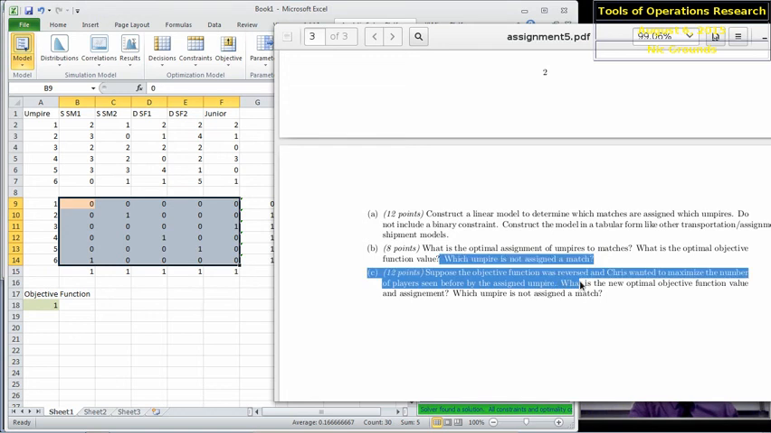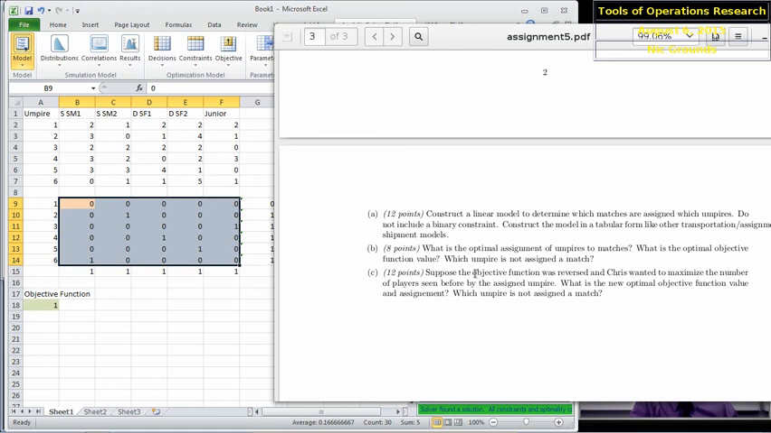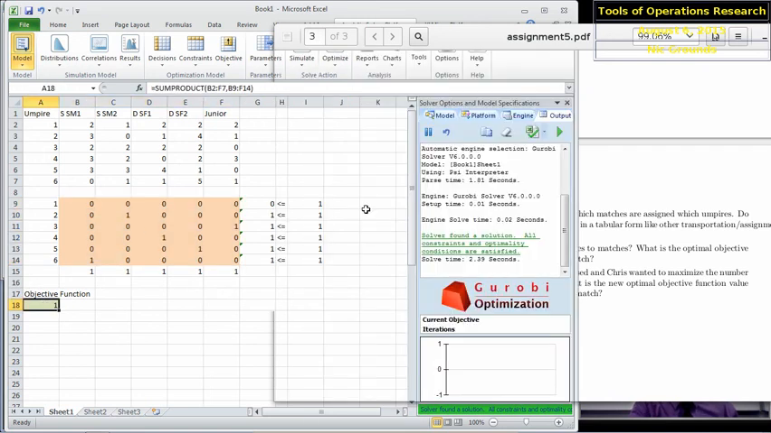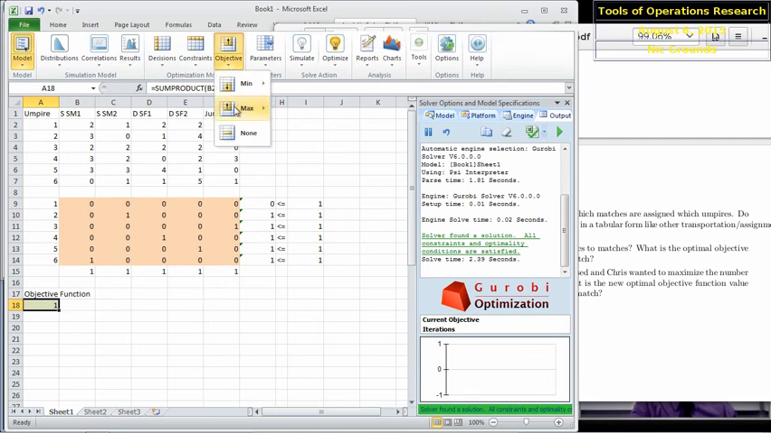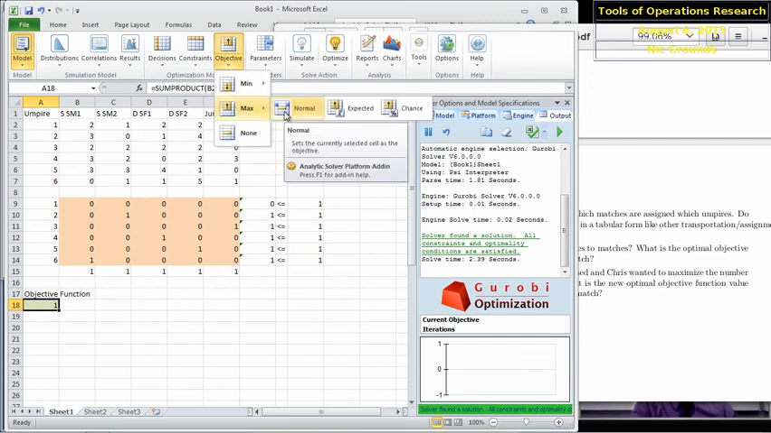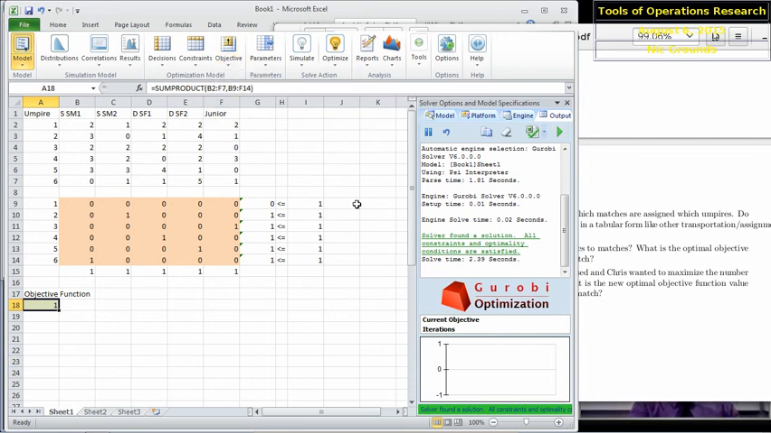Suppose the objective function was reversed and we wanted to maximize the number of players seen. What is the new objective function value in assignment, and which umpire is not assigned? So we could literally just change this objective function. Instead of saying we wanted to minimize it, we could change to say we want to maximize it, rerun the model, and find out what the new optimal assignment is, which will be something in effect to the reverse